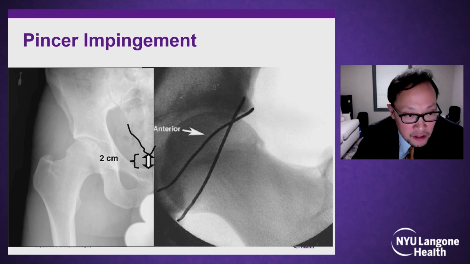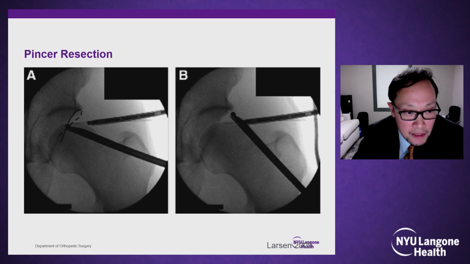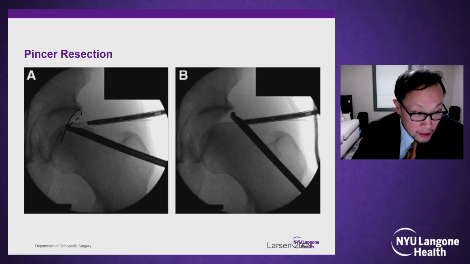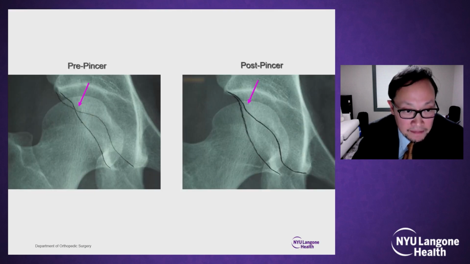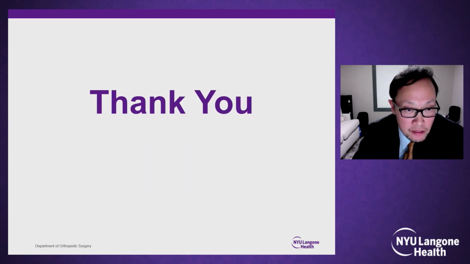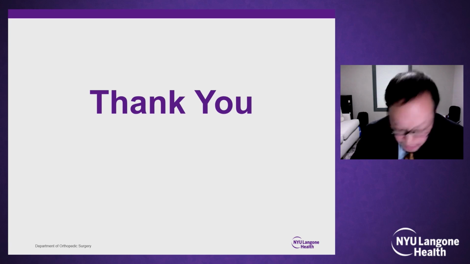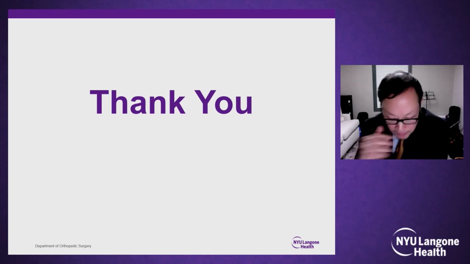dysplasia. Look for crossover signs at the most proximal aspect. And these crossover signs can be addressed arthroscopically, where you can actually even draw out on the C-arm monitor the crossover sign and sequentially burr that down. That's pre-pincer and post-pincer. So that was just meant to be an introduction as we get into the advanced techniques